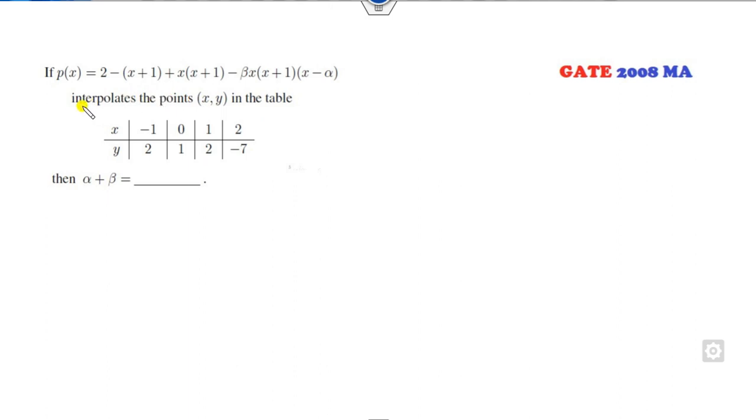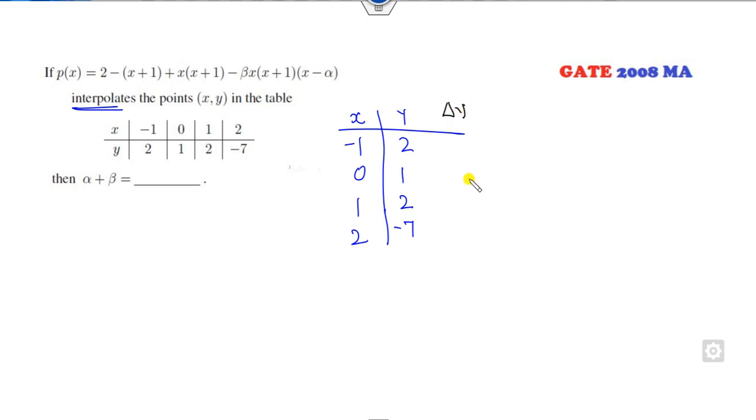Okay, look at this one. Again, it's an interpolation. So you can quickly make this table. X, Y: -1, 0, 1 and 2. 2, 1, 2, -7. What is the del of Y? So you can quickly make this. So it will be -1 plus 1. It is my 1, because they are equally spaced. They are equally spaced, you can simply subtract them. It is 1. It is my -9. Now because they are equally spaced, you can subtract them divided by 2. It's 2 divided by 2, 1, -10 divided by 2, 5. They are not the same, so cube. 6 divided by 3 is -2.